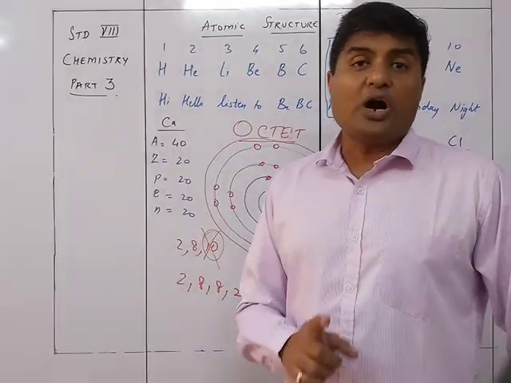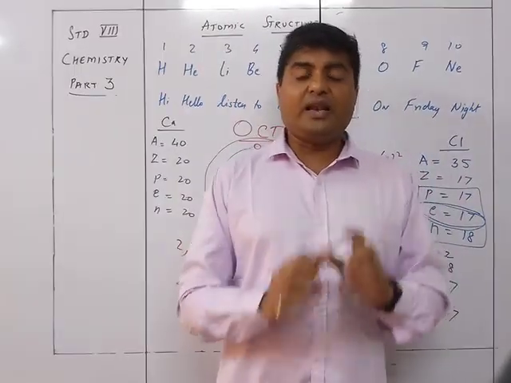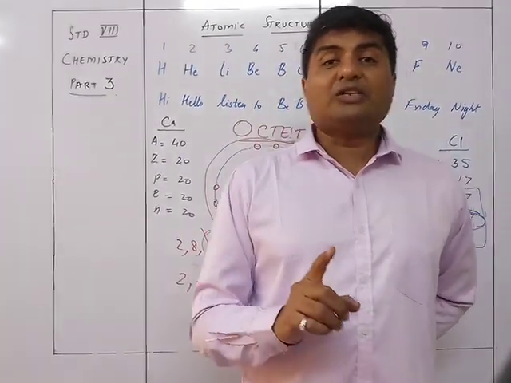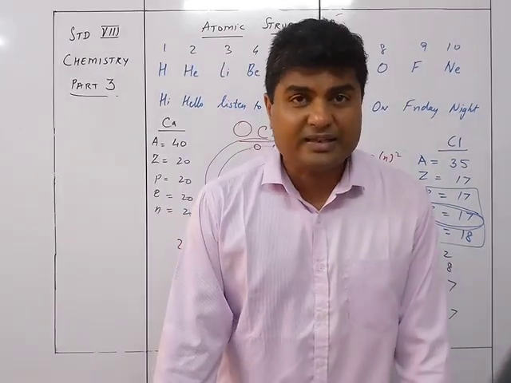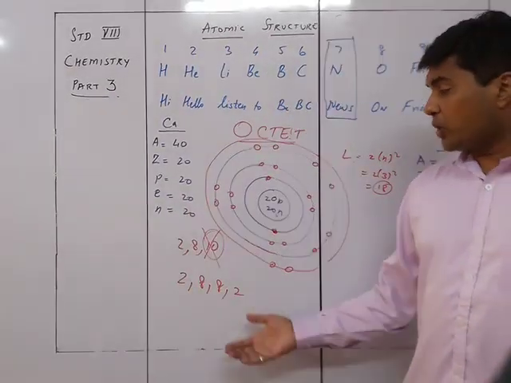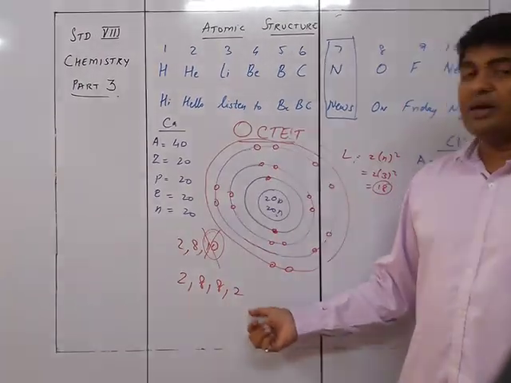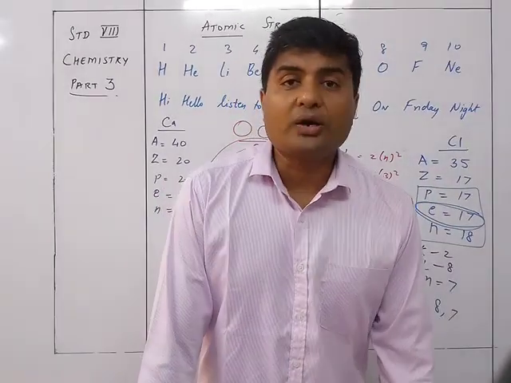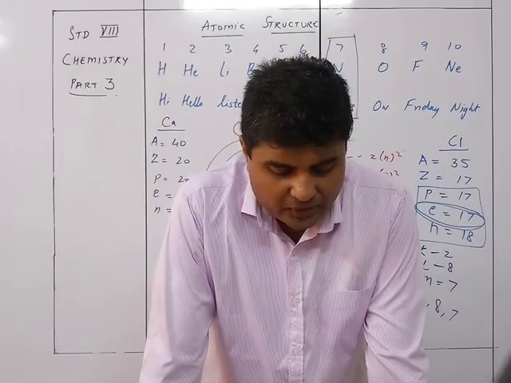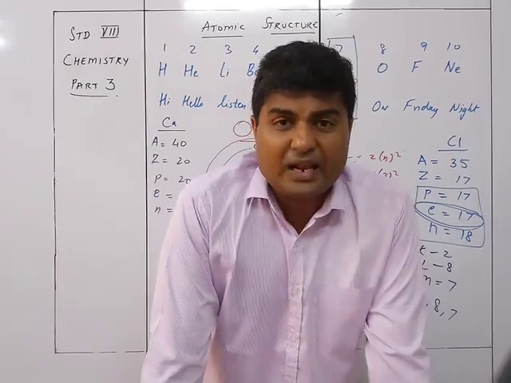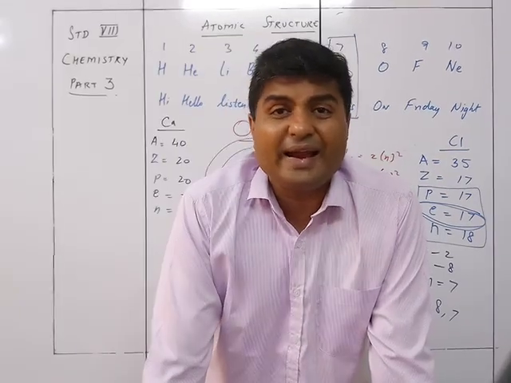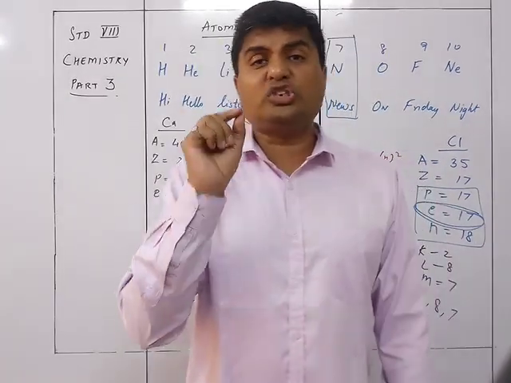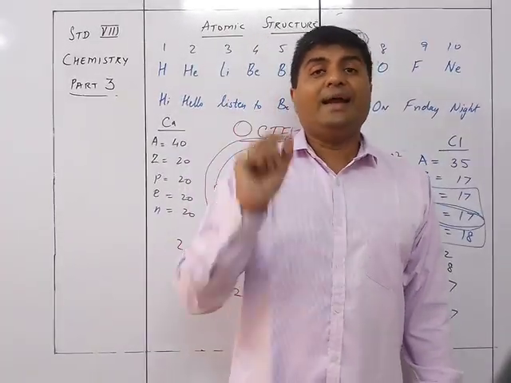Why is that so? Because even if the number of seats available in the third orbit were 18, because it was the last row, in the last row you cannot have more than 8 seats, and that's why you had to take one more row, one more energy level, and put the balance 2 in the next one. Okay, this is called the octet rule. So based on the octet rule, we can see that the outermost shell cannot hold more than 8 electrons. This is what you need to remember.